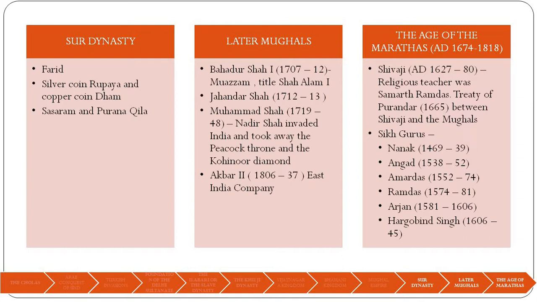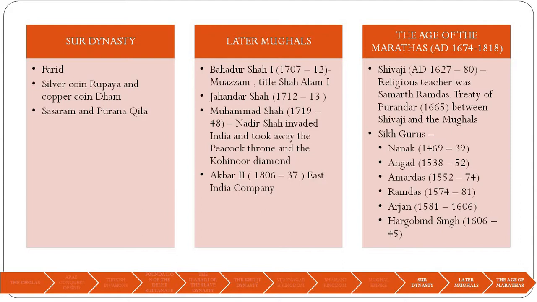After this came the Sikh Gurus. The first one was Nanak, who founded the Sikh religion. It's important here: the Sikh religion started from this time period, which is 1469 AD. And Nanak was the one who founded the Sikh religion. Angad invented Gurumukhi. Then came Amar Das, who struggled against the Sati system and the Parda system and established 22 guardians